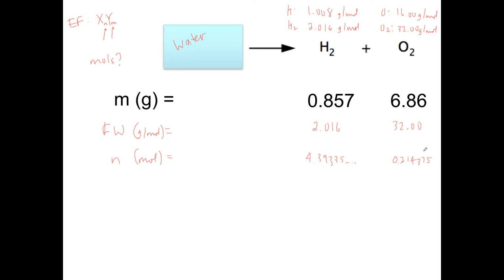But I gotta go back here and look at my 0.857 divided by 2.016 is equal to 0.42. I don't know how I got this number here a second ago, but this isn't right. These numbers were just very different. That's how I said something must be wrong. 0.4253. Okay? All right, so what that means is that whatever water is, it's got a ratio of moles of